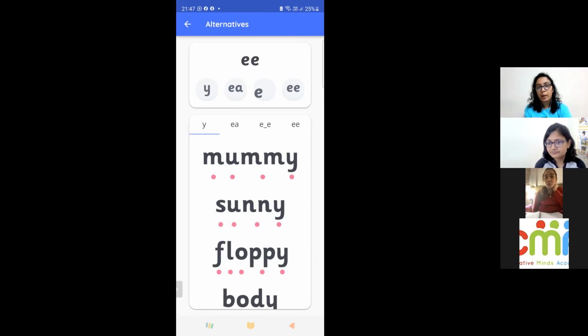Ma'am, if it is alternatives, should I include any one or should I include all the alternatives? The alternatives you'll have to, like if you're giving alternatives for A sound, that means,